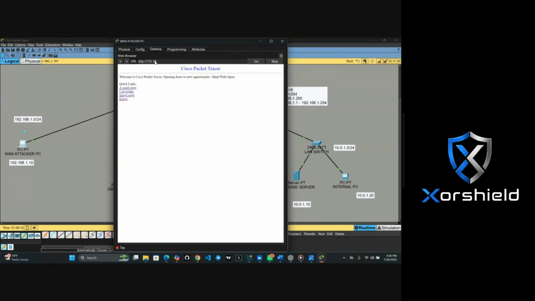So now let me go back. Let me now say our attacker PC wants to access our database server or internal PC. So let's use 10.0.1.10. You will see what it will bring. Request timed out.